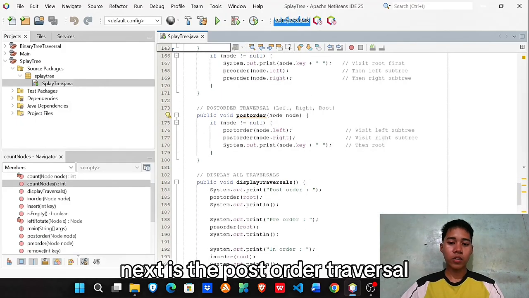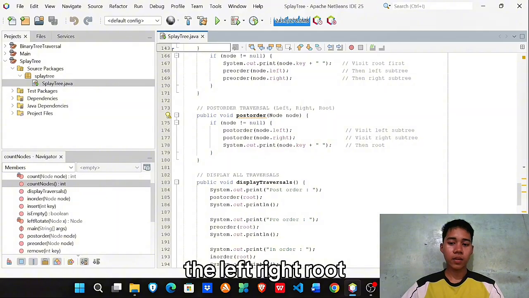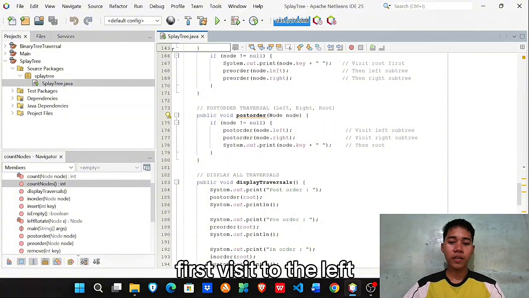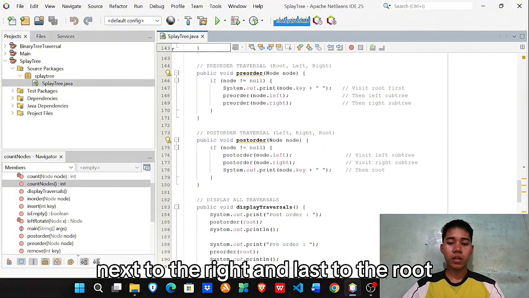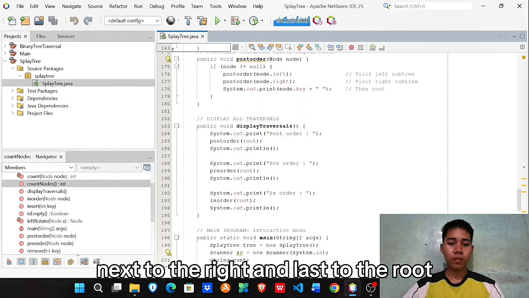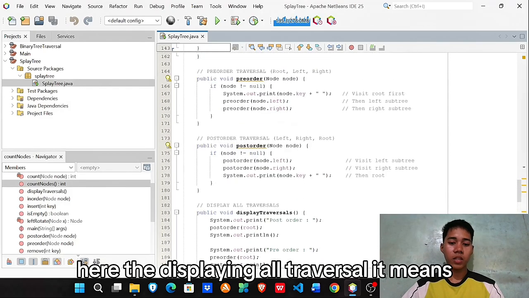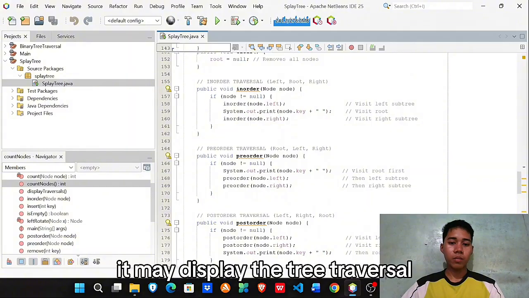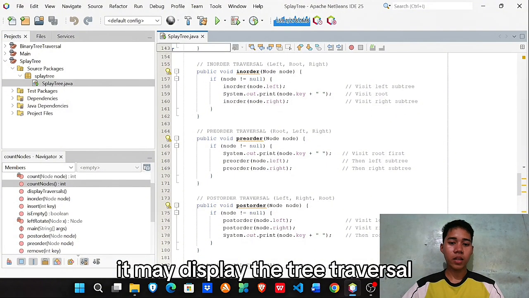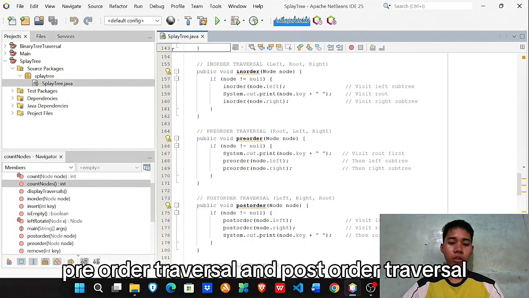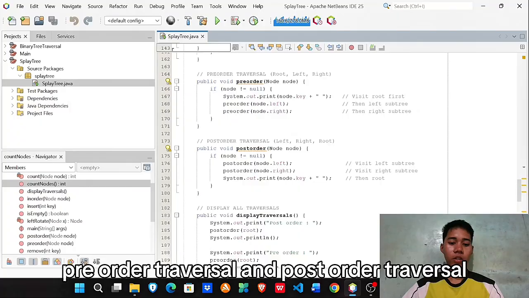Next is the post-order traversal: left, right, root. First visit the left, next the right, and last the root. Here is the display all traversals. It means it will display the three traversals: the in-order traversal, pre-order traversal, and post-order traversal.